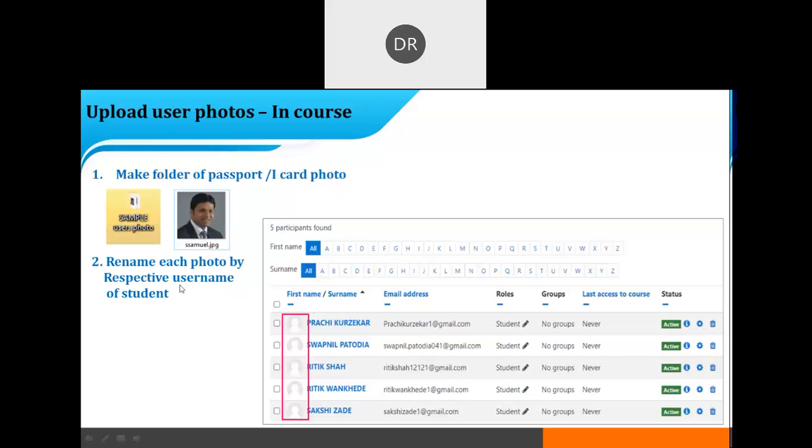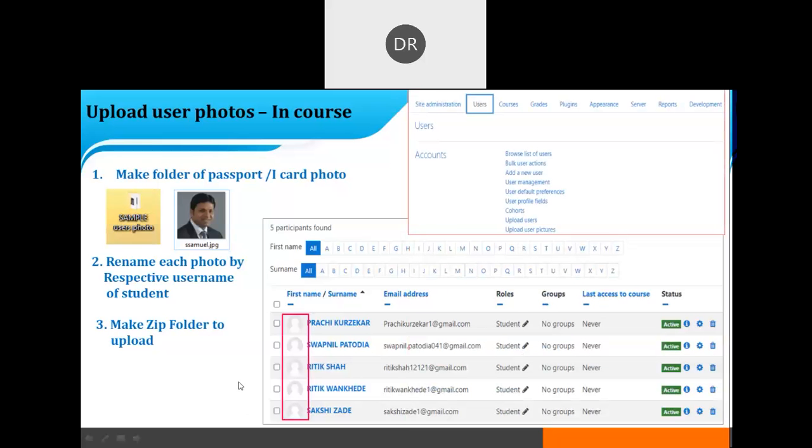That is why you have to rename the passport size photo as their username. Then make a zip folder. After adding all these photos, renaming them as their usernames, make a zip folder, because Moodle will accept only the zip format. It will not accept a simple folder.